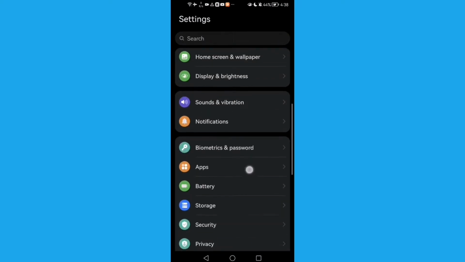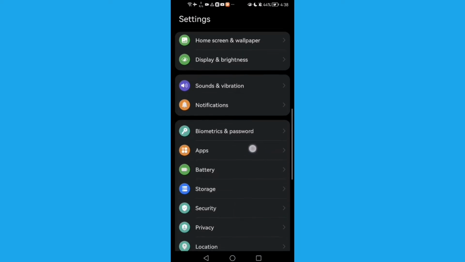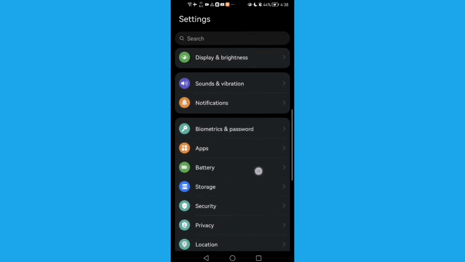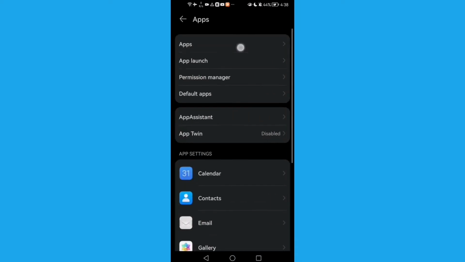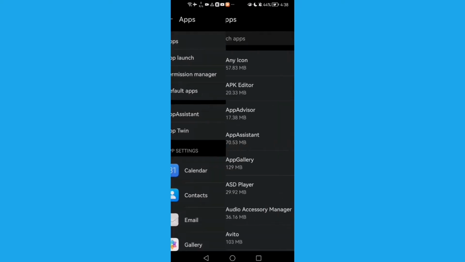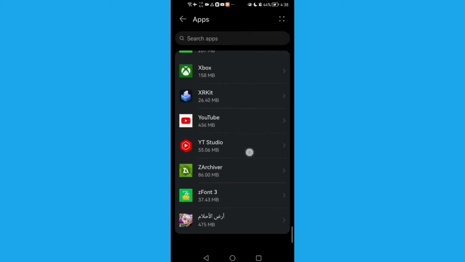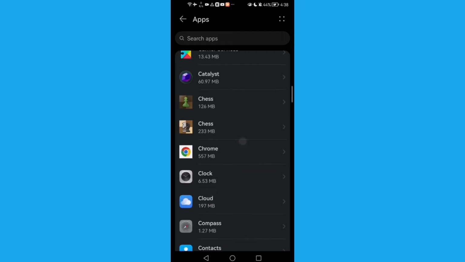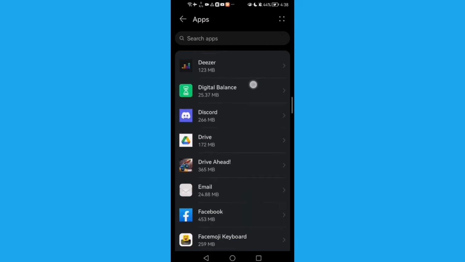and then click apps. Here you will find it. Just scroll until you find it and click on it, and then press app, and here you will find any app you want, like Facebook,